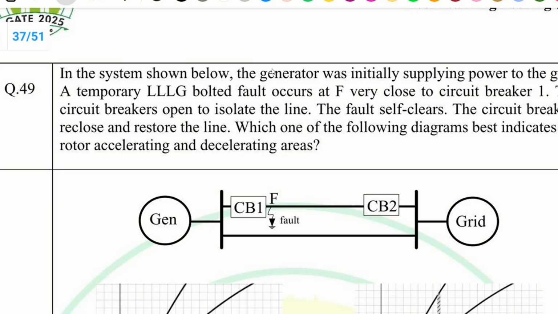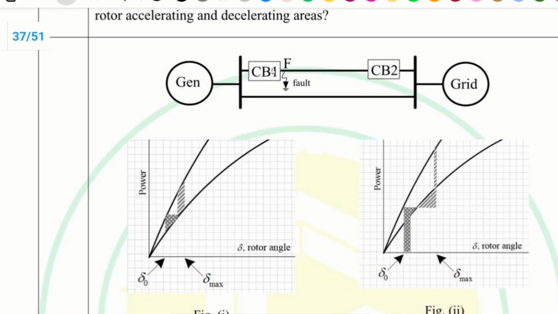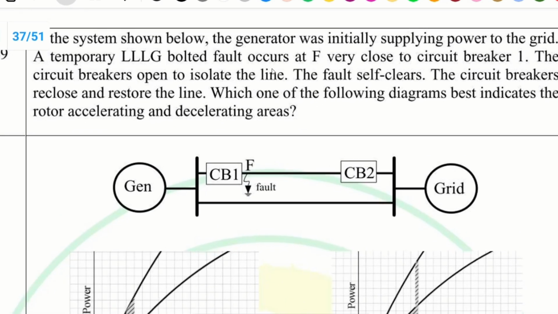Then the fault self-clears. Then the circuit breaker also restores, or recloses, the line. It has asked for the power angle curve basically. So there are three conditions. First of all,